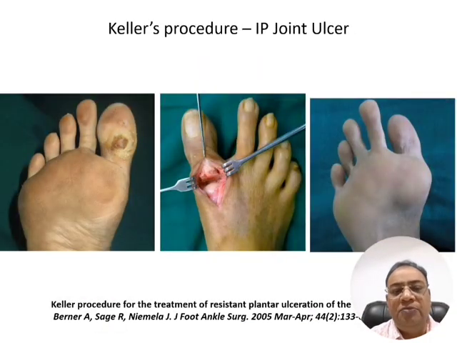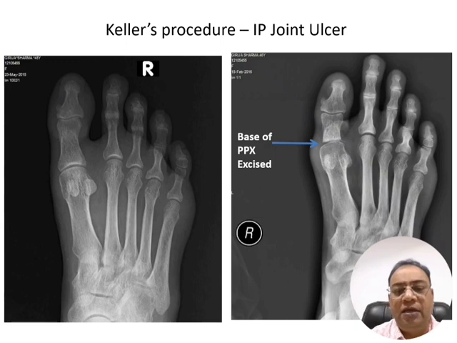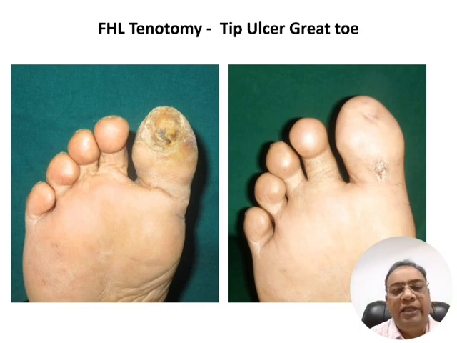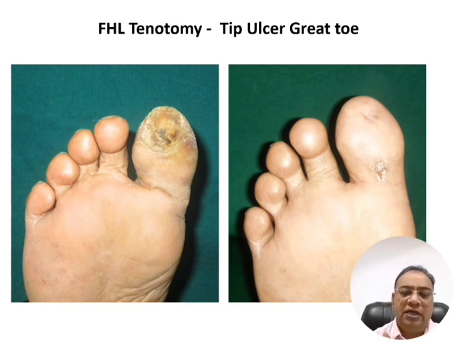Then there is another procedure called phalangeal arthroplasty, where we remove the base of the second phalanx from the upper end for the ulcer, and it gets healed permanently. This is the X-ray showing where the proximal excision has been taken out. Then we go for flexor tenotomy with the ulceration at the tip where the FHL is tightened. So we go with the percutaneous approach with an 18 gauge needle. Just insert the needle and go in a tangential manner, and we can release the tendon, and we can achieve